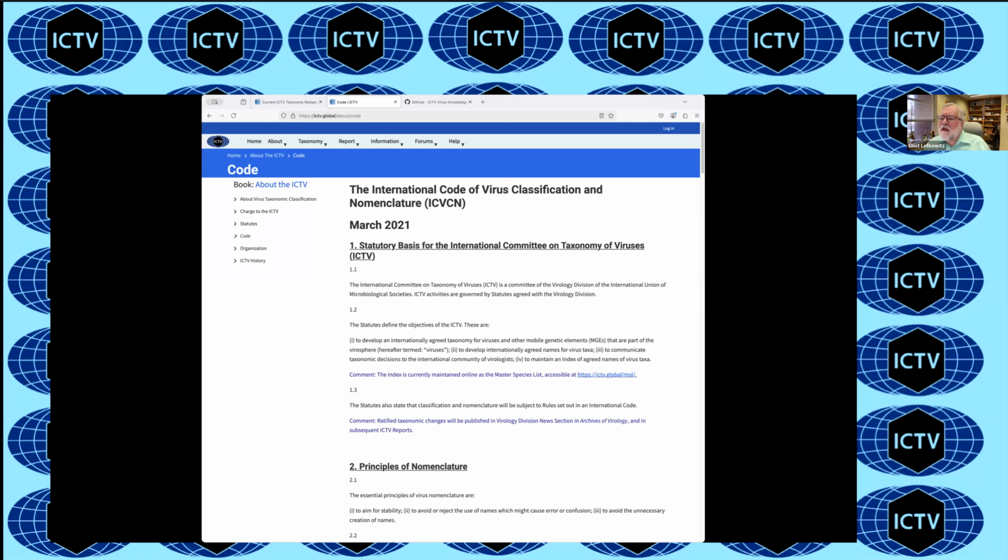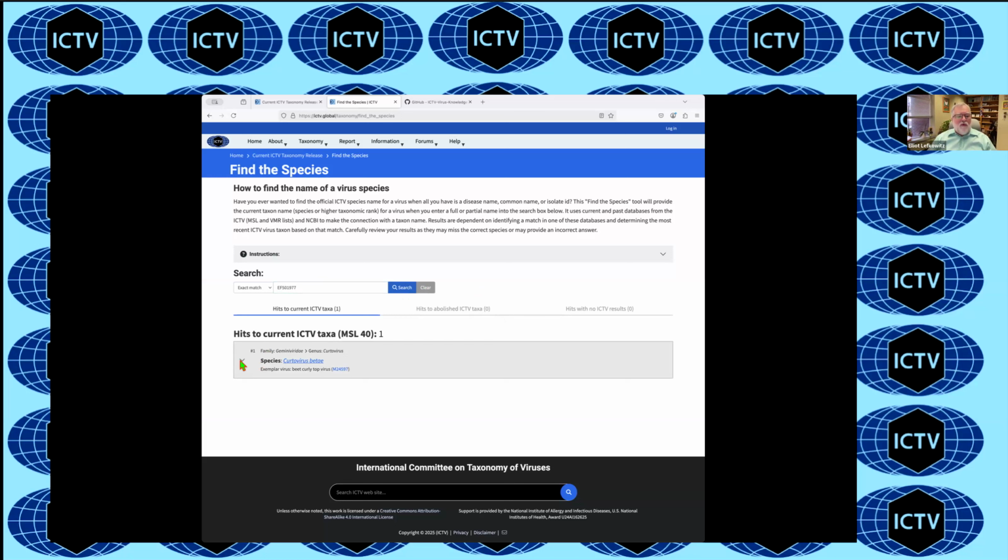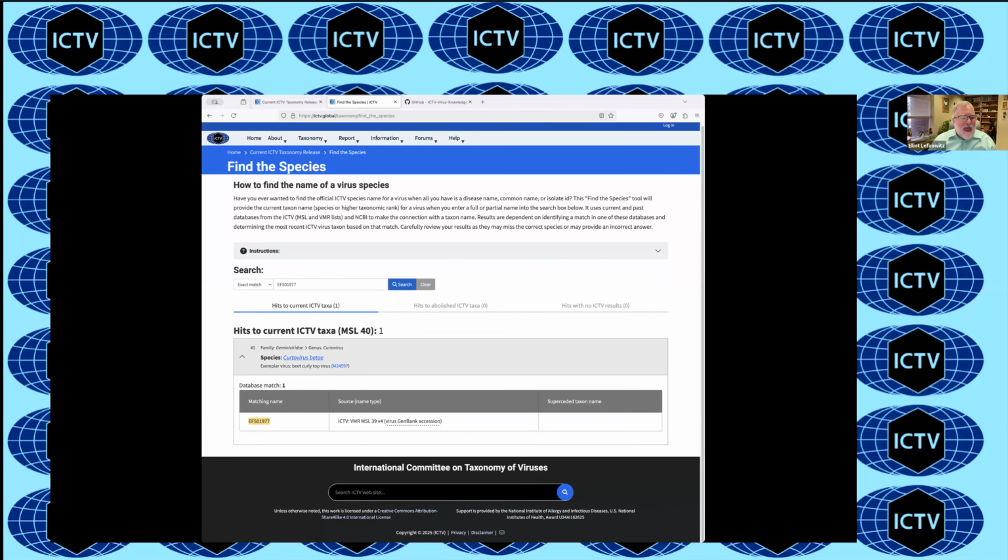Okay, let's see. Can NCBI viral sequence accession numbers be used to locate virus species names in the ICTV website? Don mentioned that that can happen in Find the Species. It will recognize accession numbers that appear in the VMR. So if I'm going back to the VMR now, and I'm just going to select an accession number for a particular exemplar virus. And so now if I go to Find the Species and type in that accession number and click search, you will see that it will come up with the species Coronavirus beta, and you see down below it here that that match to the